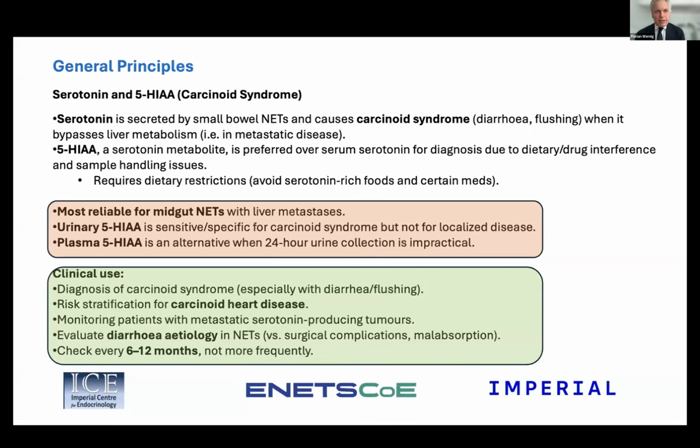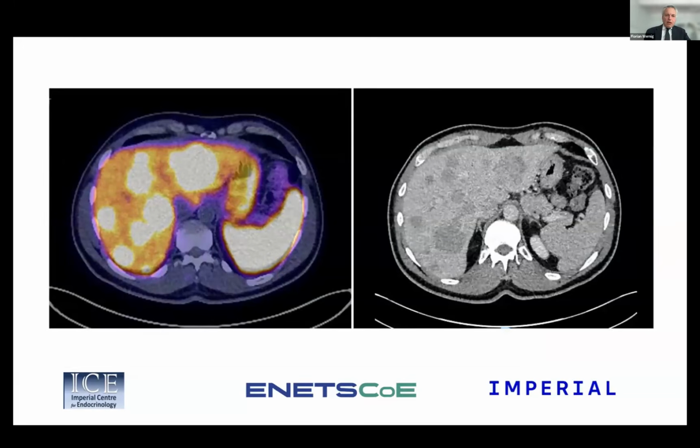So I just want to highlight that unlike non-hormonal markers such as chromogranin A, hormone measurements such as serotonin or 5-HIAA are essential for diagnosing and monitoring functioning neuroendocrine tumors that cause clinical syndromes. It's also useful to evaluate the risk for carcinoid heart disease, because they can lead to fibrosing of heart valves, in particular right-sided heart valves.